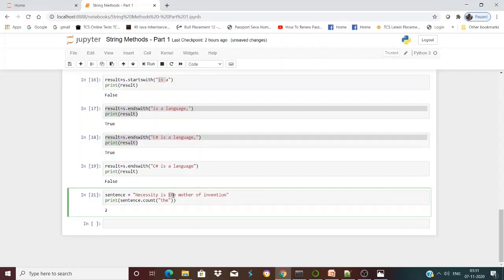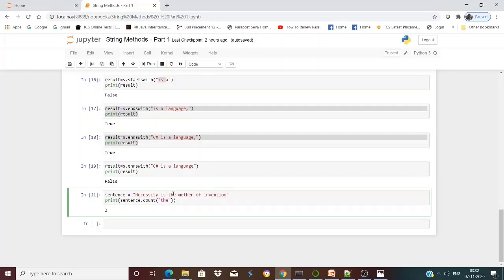One is this word, this article "the", and the other "the" is existing within the word "mother". So that's why Python says that the substring "the" occurs 2 times, or twice, within this sentence,